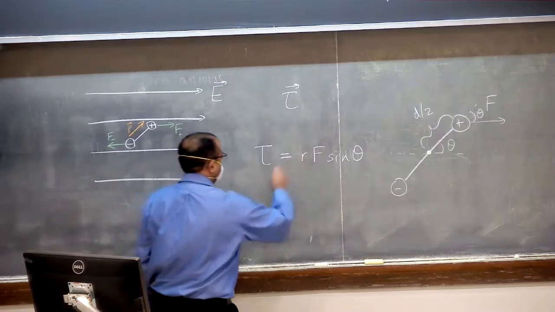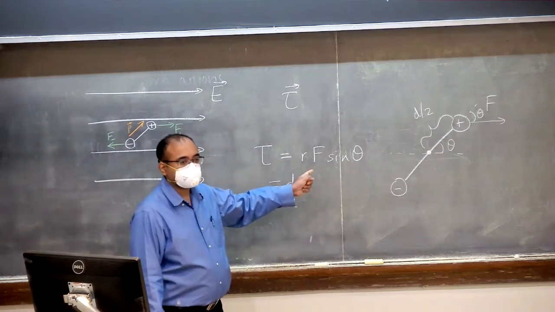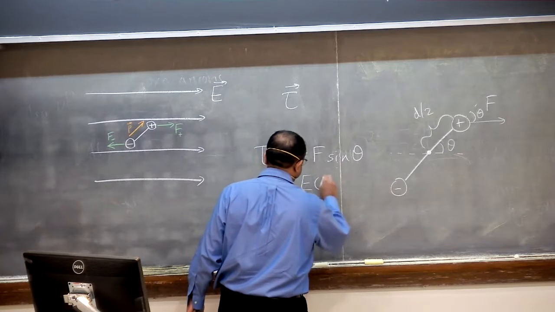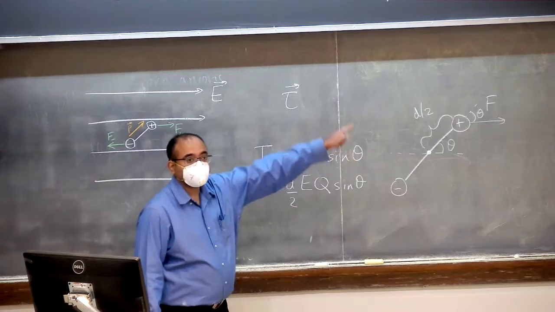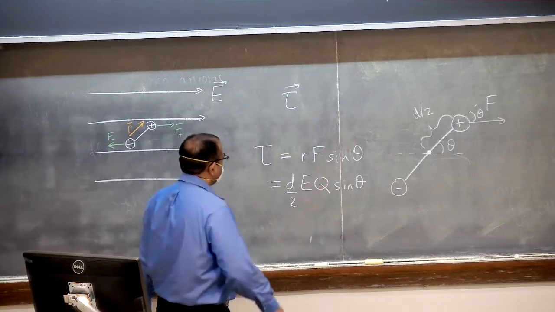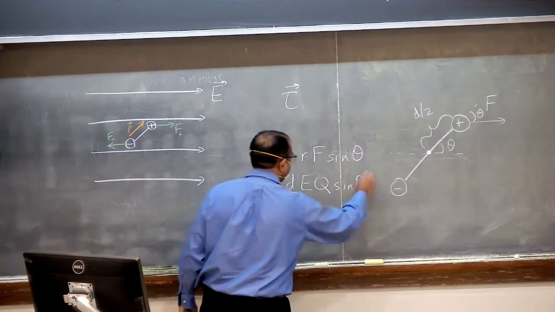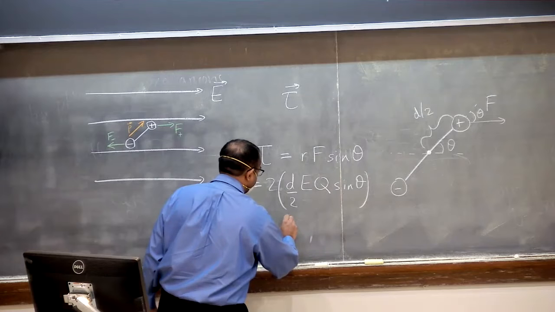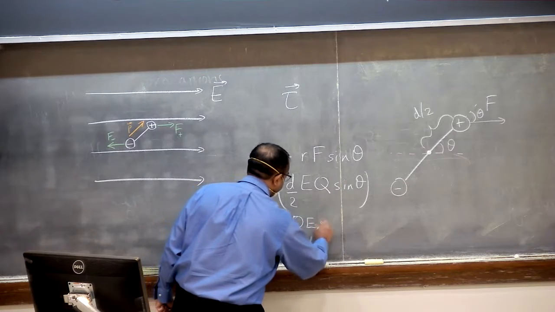All right. So we said, okay, r is d over 2. And the force, what can I put for the force? EQ, exactly. It's just a charge in an electric field. So I put EQ sine theta. And this is the torque due to just one of the forces, right? And so I would double it because the other charge also feels a torque. And so we get that the total magnitude of the torque is